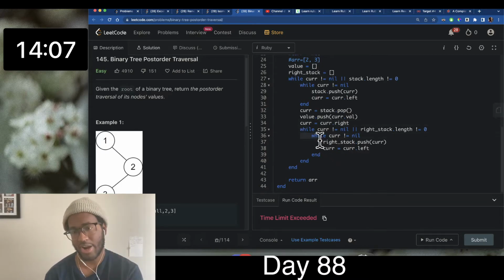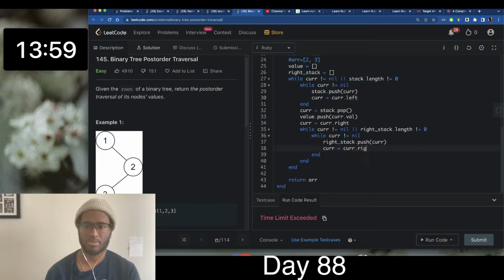Now we can go as far right as we want, right? Starting from this node, right stack.push cur, and then cur equals cur.right. And then once we come out, well, now we do